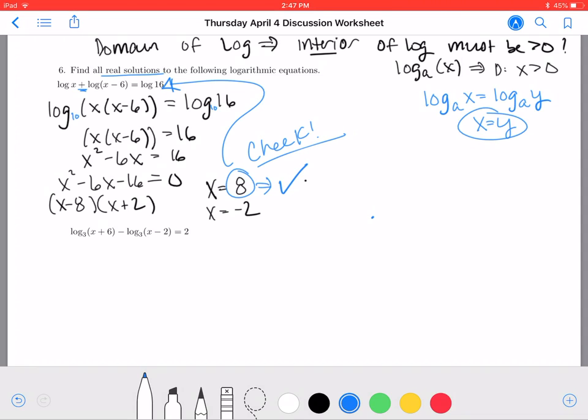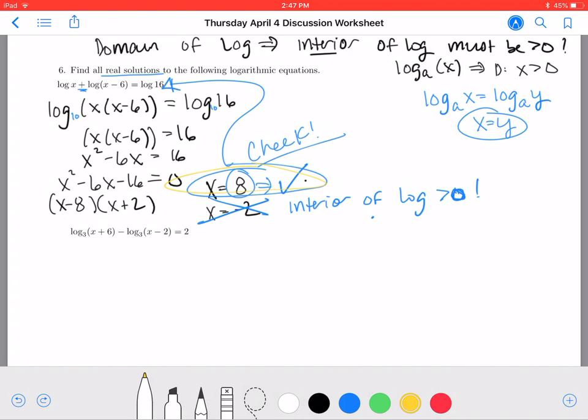X is equal to negative 2. Can I do log of negative 2? No, because the interior of a log has to be positive, and negative 2 is not positive. So I have one single solution, and that is 8. All right, in the next problem,